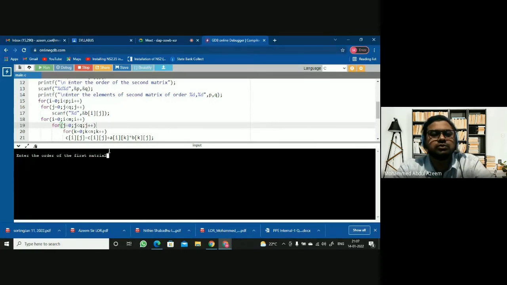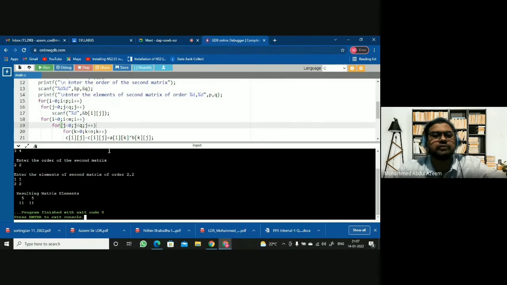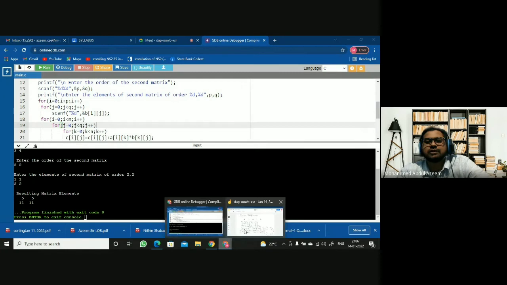Yeah, 2 by 2, then give the matrix elements 1 2 3 4, then give the size as 2 by 2, then give the elements as 1 1 2 and 2. Okay, yeah, we have got 5 5 11 11 as we have demonstrated here.